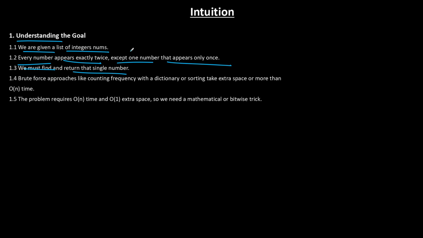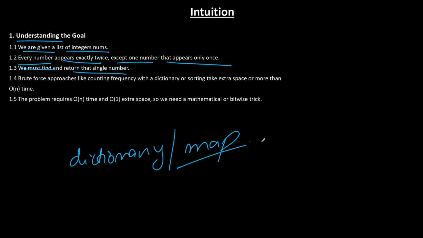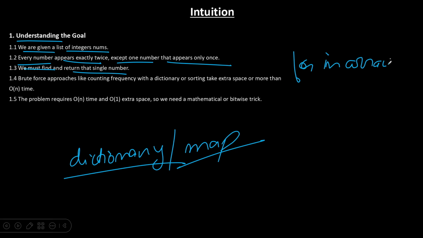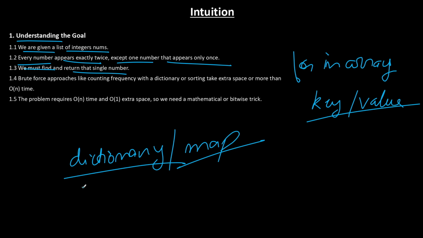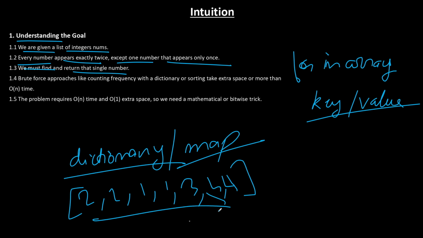So what could be the brute force solution? The brute force solution could be using a dictionary in Python, or using a map. We don't have a map concept in Python directly, so we will be using a dictionary. In that, we could run a for loop over the array and store key value pairs. Suppose we are given 2 comma 2, 1 comma 1, 3, and 4 comma 4. So if you iterate this array from 0 to n,